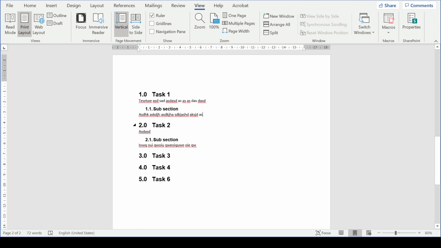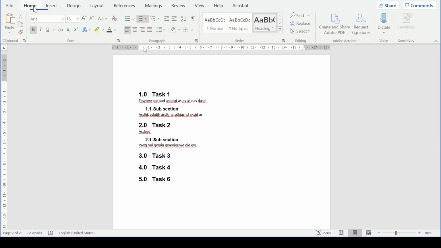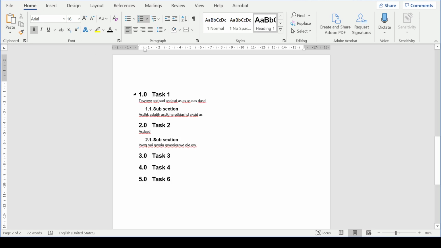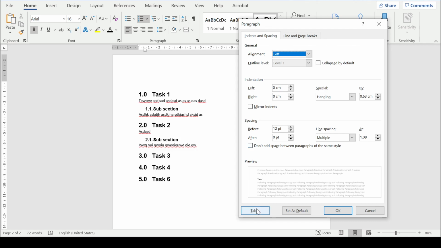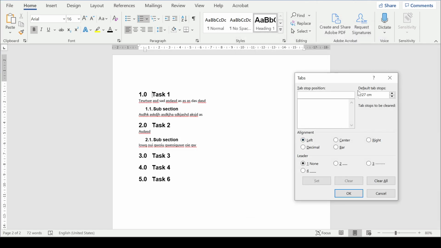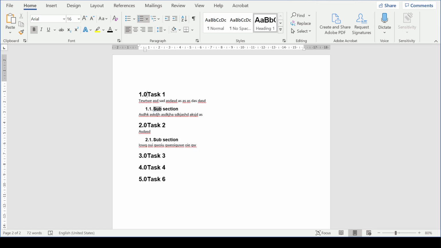So another aspect that you might want to change is the spacing between the number and the title. So how you can do that, if you go back to home and then select what you want to change and then select the paragraph, you need to go into the tabs area, and this here defines the distance between the tabs. So if you decrease this, press OK, you can see that now everything is nicely,